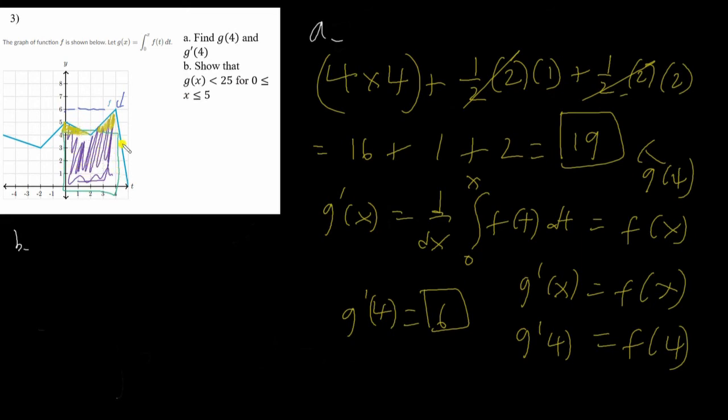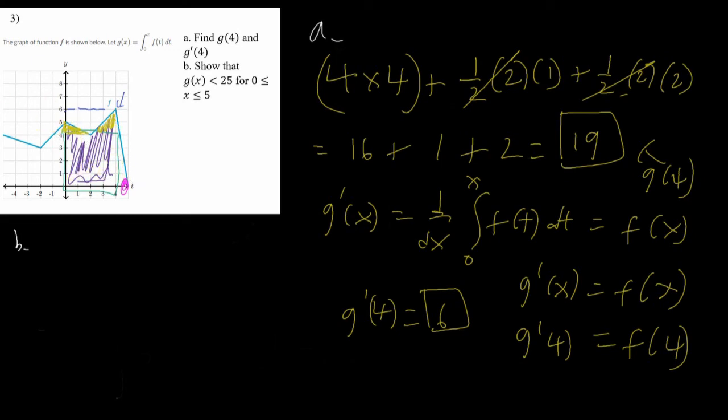f of x keeps increasing. Sorry, the accumulation function keeps increasing, right? G of x keeps getting larger and larger because you're gathering more and more area as you go on. So the maximum of this function, the maximum of g of x, is going to be at this point right here, at x equals 5, because that's where all of the most area has been gathered,